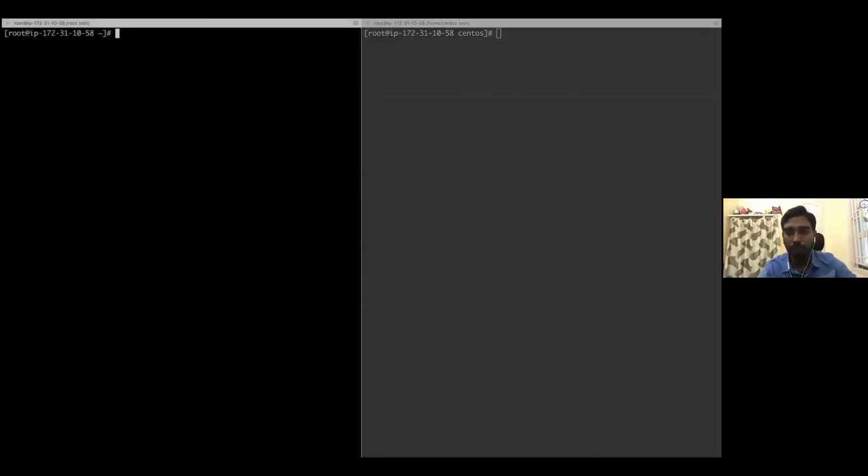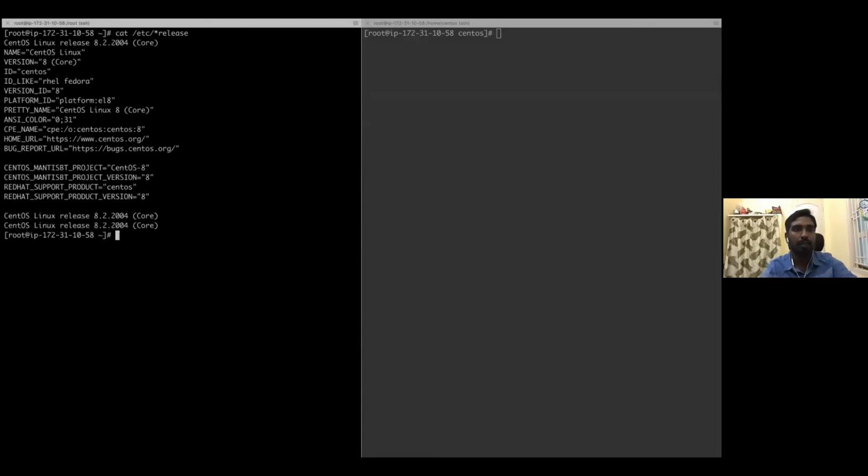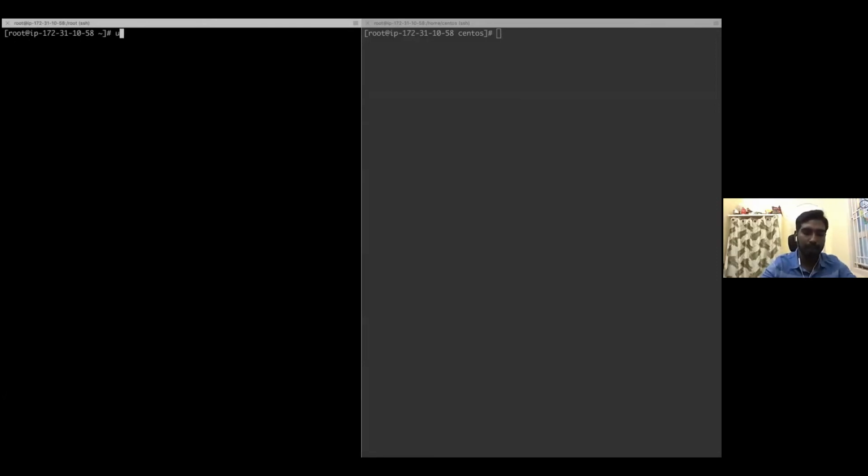For the purpose of this demo, I have spun up an AWS instance running CentOS 8. I'll walk you through all the steps. I'm using CentOS version 8.2 with kernel version 4.18.